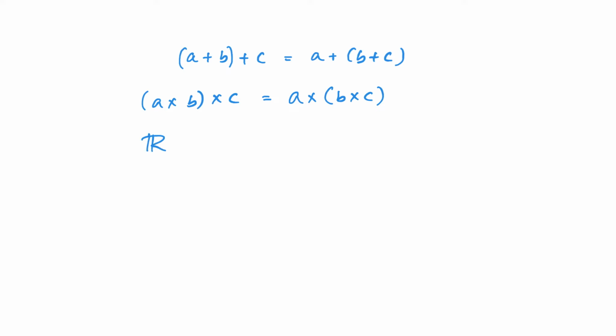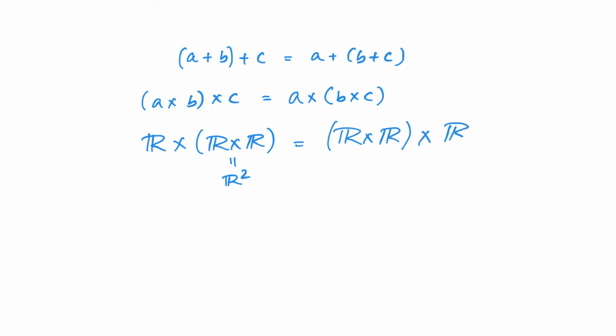We had two objects. The first object was R cross R cross R, which was equal to R2 cross R, and we saw that that is equal to R cross R cross R. Once again, this was equal to R cross R2. So when we said that R cross R2 is equal to R2 cross R, we were saying that in some sense we have an associativity for Cartesian product. And in what sense do we have the associativity? That is what I said earlier. There is a natural map which relates these two objects.